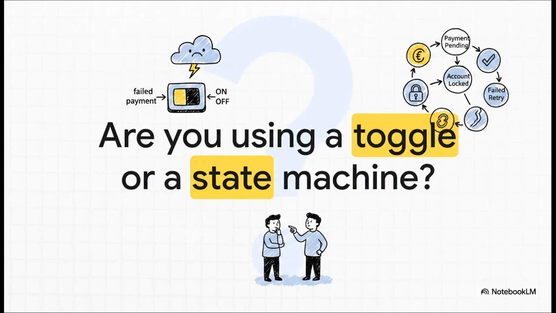Which brings us to the ultimate question for you to consider as we wrap up this explainer. Is your billing system a simple toggle or a resilient state machine? I highly encourage you to go take a look at your own codebase today before another late-night failed payment needlessly locks out your